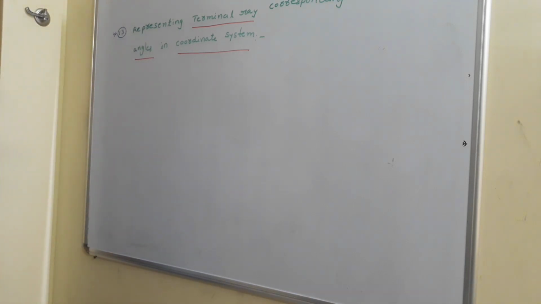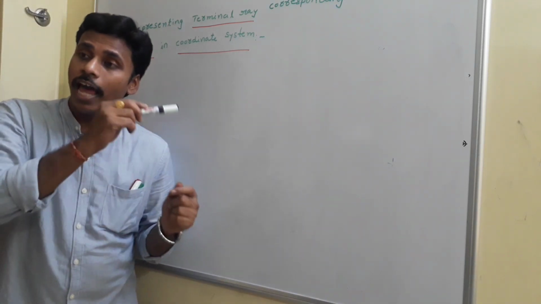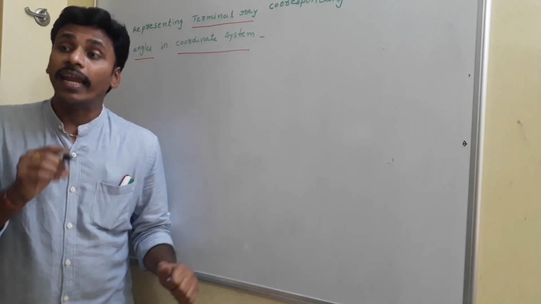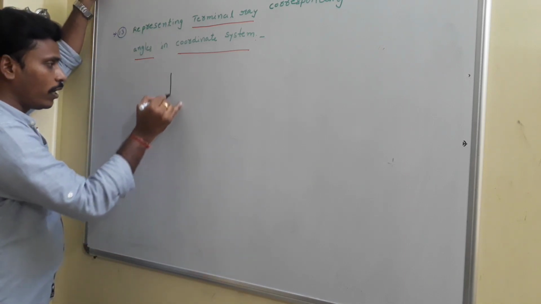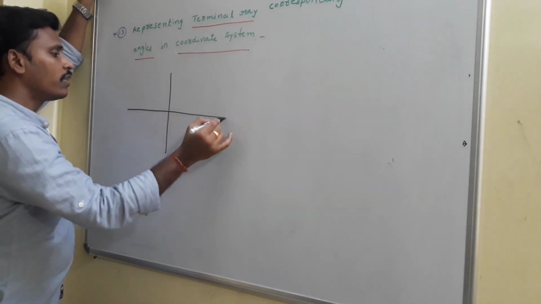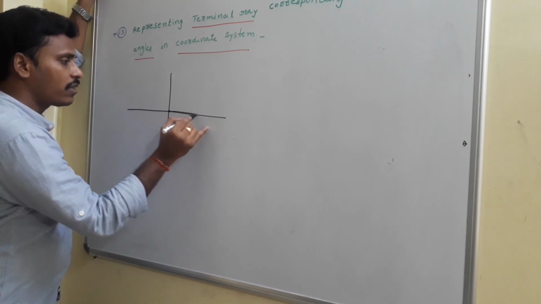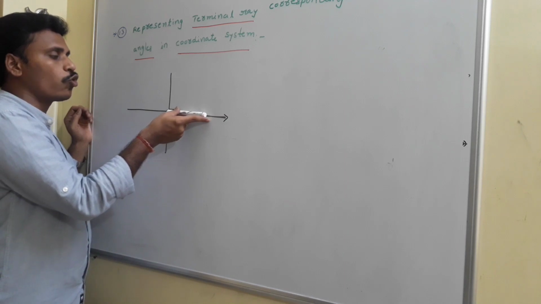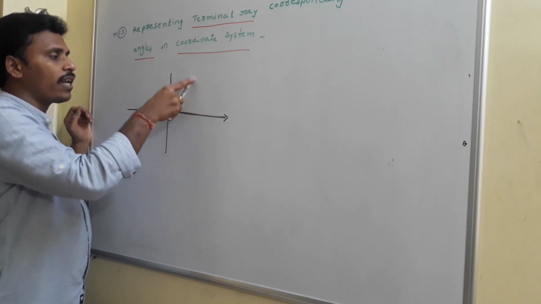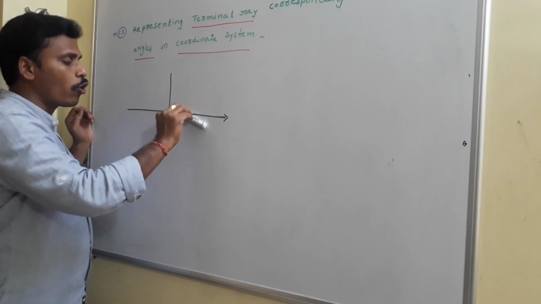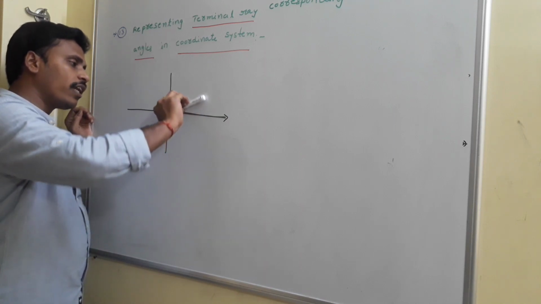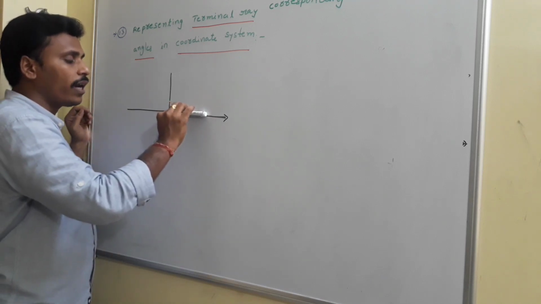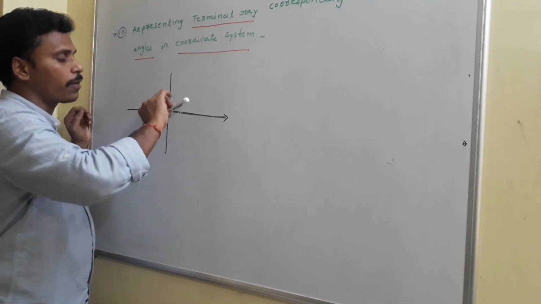That's why if you rotate the positive direction of x-axis in clockwise direction, then the corresponding terminal rays will represent negative angles. Look at this. This is the usual coordinate system, and this is our positive direction of x-axis, right? We have two possibilities to rotate this x-axis. Either you may rotate in anti-clockwise direction, or in clockwise direction. If you rotate in anti-clockwise direction, that rotation represents positive angles. If you rotate in clockwise direction, these rotations represent negative angles.